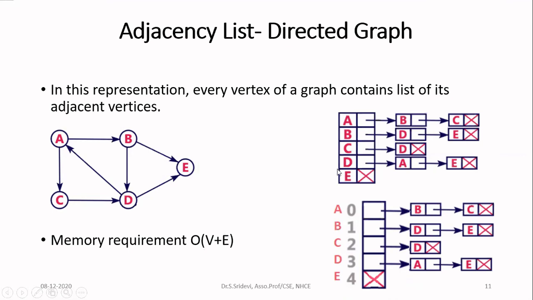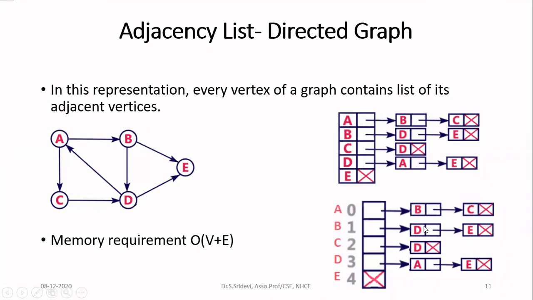And remember, here for representing everything, we are creating a single linked list. And you all know that in the single linked list, we will have 2 fields. One field to store the actual data, another field to store the address of the next node. Whereas in case of array representation, we never store any address. We are simply storing the value of the data. In case of linked list based representation, we are also storing the address in addition to the data. Okay, whereas the memory requirement for this one is order of V plus E.